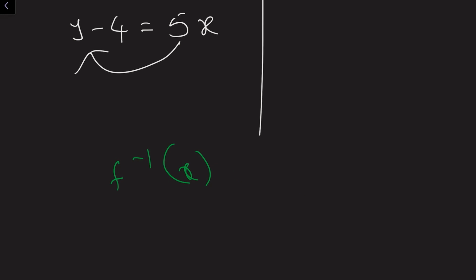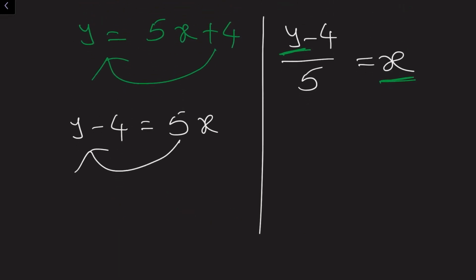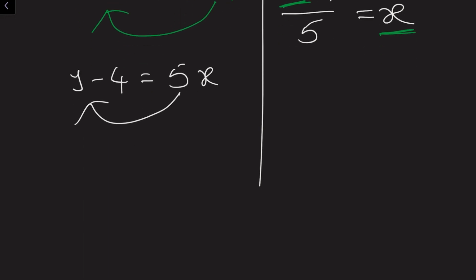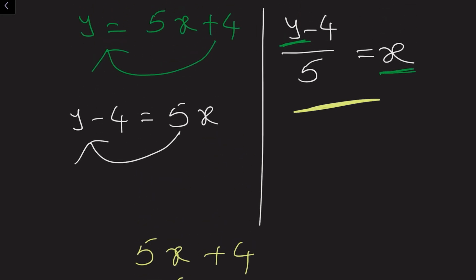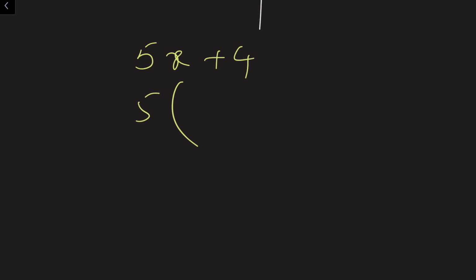Because he has asked to first prove that it is a bijection, right? So one-one we did. Now we need to check whether it is onto or not. Now the x value we got is (y - 4)/5. Now this x value we need to substitute in the original function, that is 5x + 4. So 5 as it is, in the place of x substituting this (y - 4)/5, plus 4 as it is.